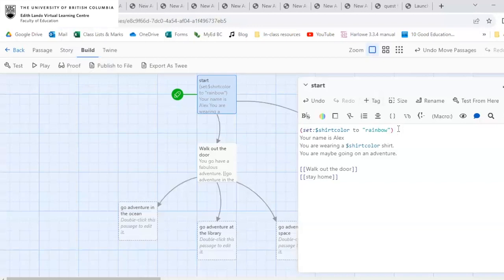Now, right now, I'm doing this on the coding end. This isn't very exciting because, oh, why not just write a red shirt or a blue shirt? This is only kind of interesting if we let the player or the reader have some say over what the shirt color is. So